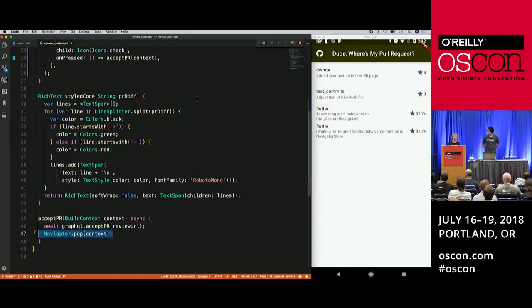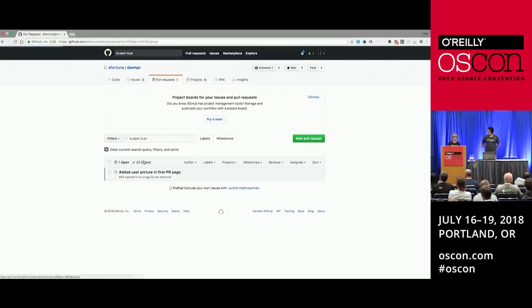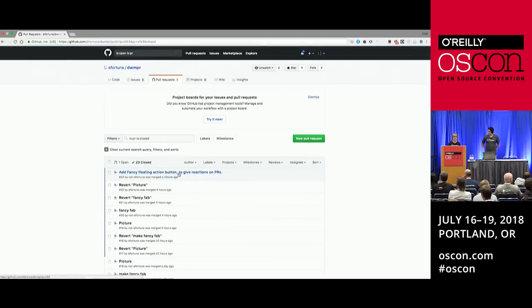Let's hop over to, as you can see, the repo that we're developing in. We had 2 pull requests. I think the one I just accepted was this fancy floating action button. So I'm going to refresh this, and we should see 1. All right, well, let's look at the closed ones. And look, a minute ago,